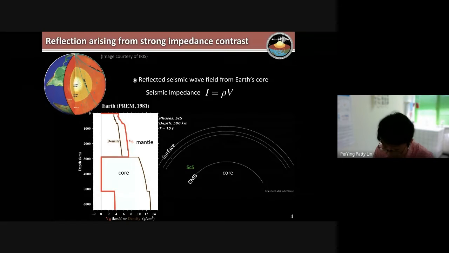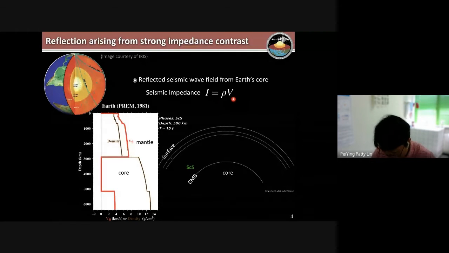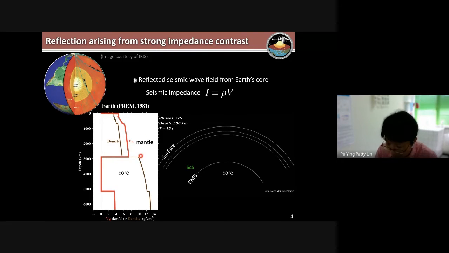And so, for looking for a layering structure, reflecting energy is actually super powerful. Reflecting energy will show up when we have a very strong seismic impedance contrast. By definition, seismic impedance is the product of the density and velocity. So if you see this model, at the core-mantle boundary we have a strong seismic impedance contrast. Then we will have a very strong reflection energy due to this